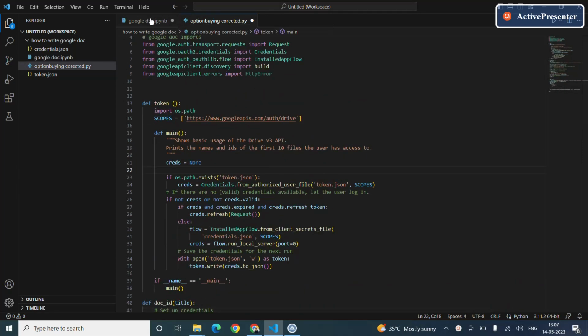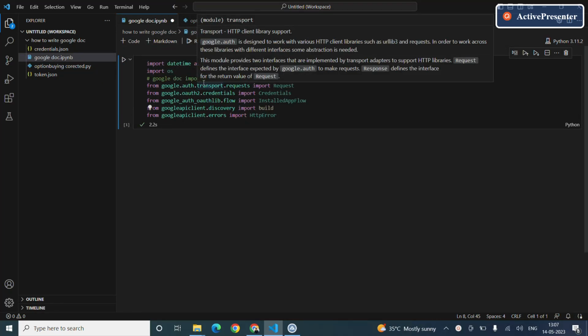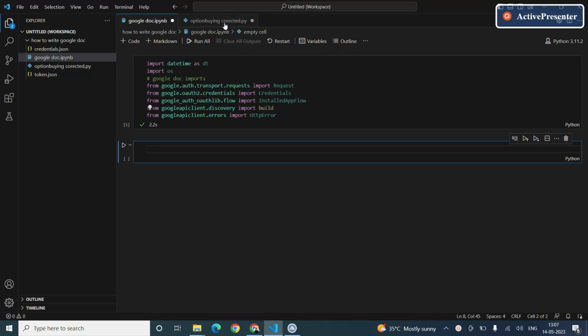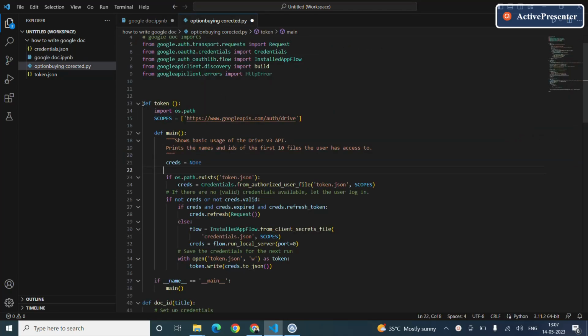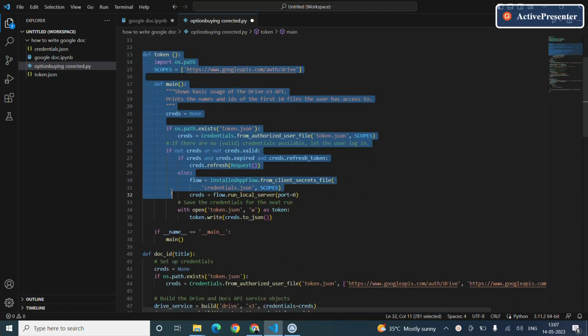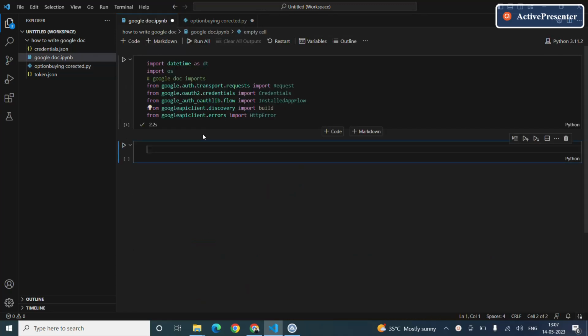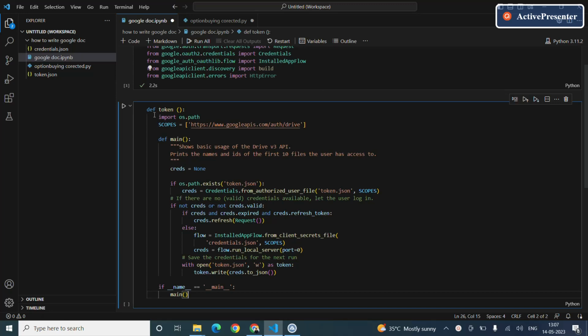Once you have imported all the modules for the Google Doc, the next step is to create a token. The token is simply the authorization to be given from the Google side. To do that, we are going to define a function called token, and the code for that is this one. Just copy this